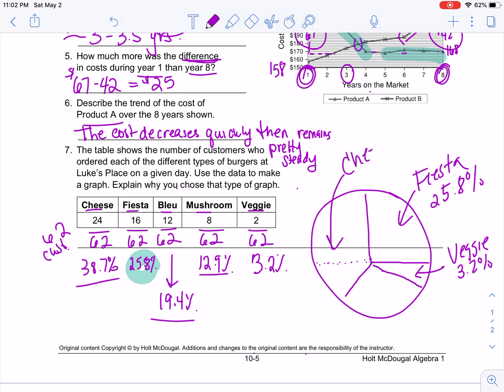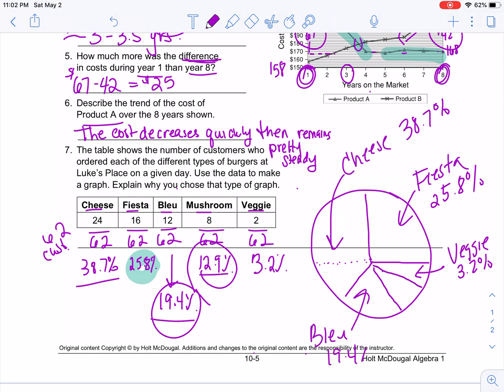And again, these are rough estimates. When you sketch a circle graph, you try to make it as accurate as possible in terms of visually representing the data. So cheese is 38.7%. And then I have blue and mushroom, and blue being a tad bit more than my mushroom. So here's your blue cheeseburger at 19.4% and your mushroom at 12.9%. You could have represented this data using a bar chart, and that would have been fine as well, but